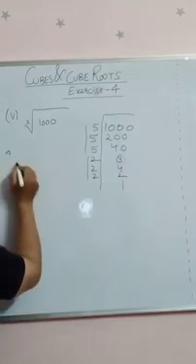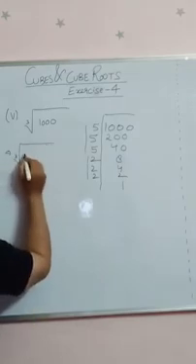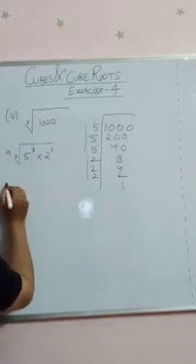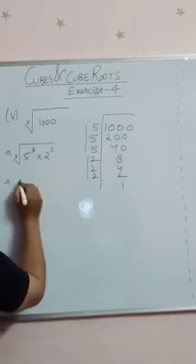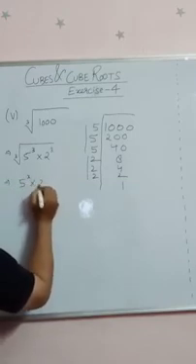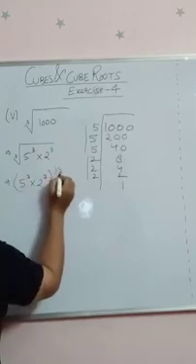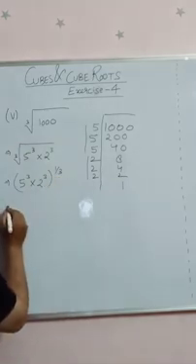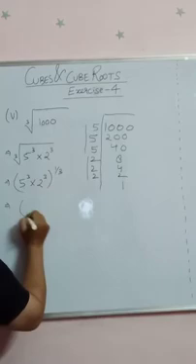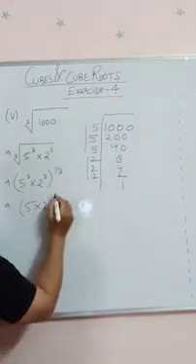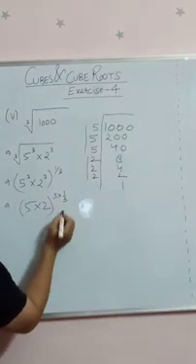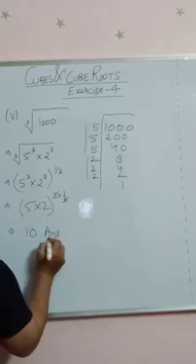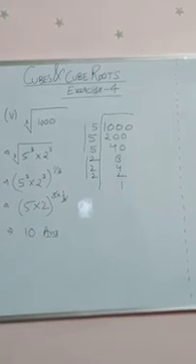So this can be rewritten as the cube root of 5 to the power 3 into 2 to the power 3. So what will it become? Like I have done in the previous step, I can rewrite it as 5 to the power 3 into 2 to the power 3 whole to the power 1 by 3. This 1 by 3 is the representation of the cube root. It goes like a power. So again, taking these powers common, we have 5 into 2 in the bracket, and we have 3 into 1 by 3 as the power. So 3 and 3 is cancelled. The final answer is 10. So the cube root of 1000 is 10.